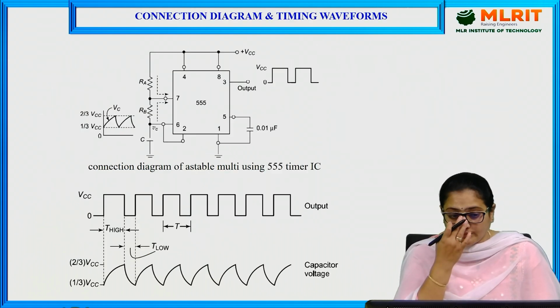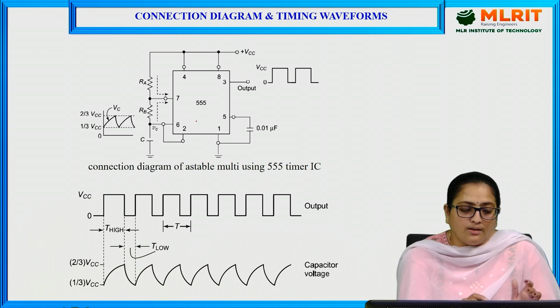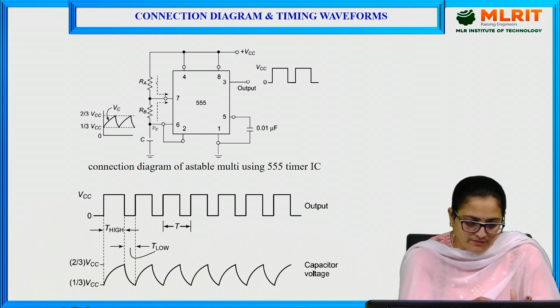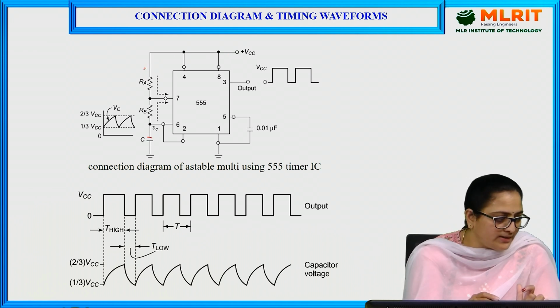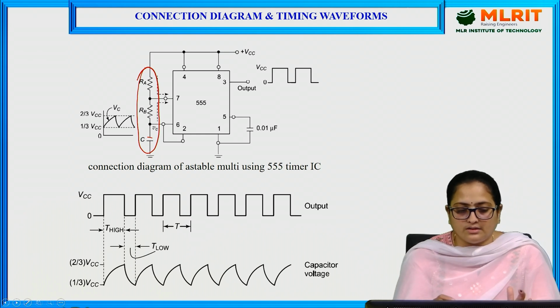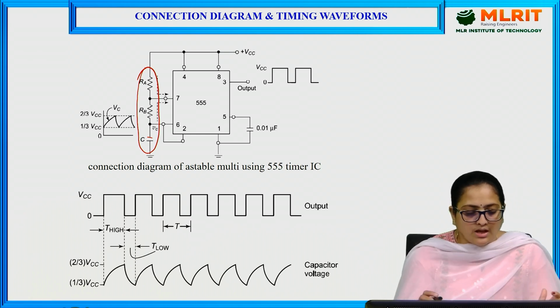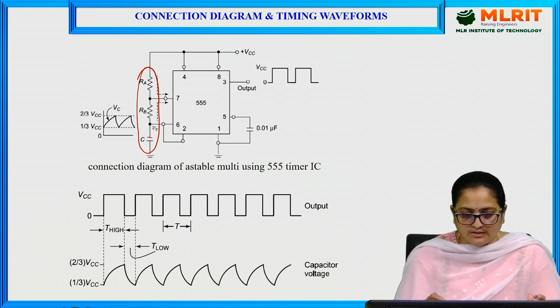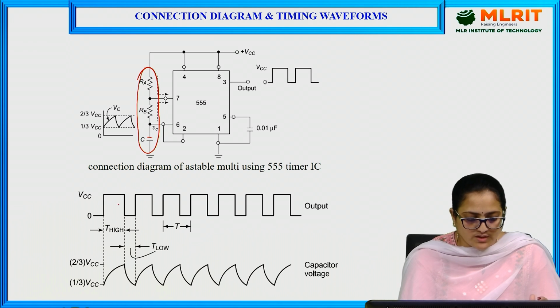So, this is a 555 timer IC connected with the components as usual, but pin 6 and pin 7 are connected with RB, and RA is connected to VCC and C is connected to ground. Only these three are the external elements which have been connected to the 555 timer IC. And we know that the output of a 555 timer will be a pulse. It is producing a pulse.